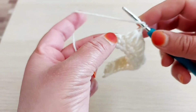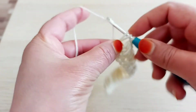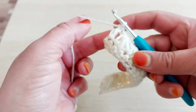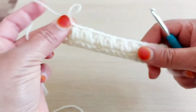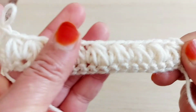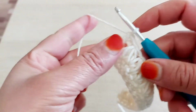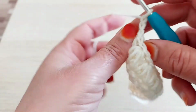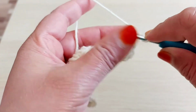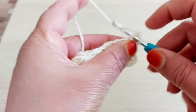Here you need all the time at the end one stitch. I have one stitch, I'm gonna make a double crochet here. You can see how it looks. It's so beautiful, this pattern. Chain 1. So first single crochet I'm gonna make here in the top of this double crochet,